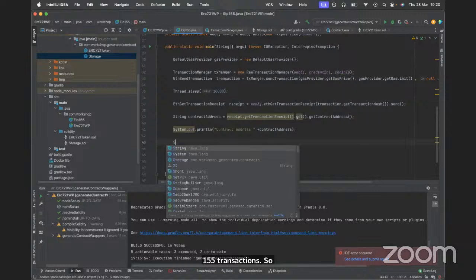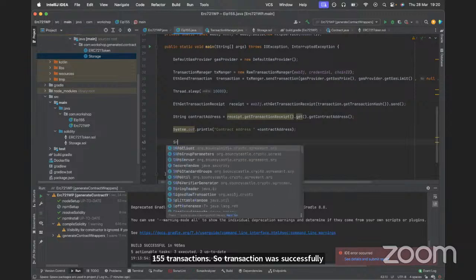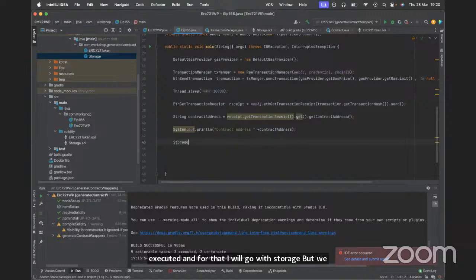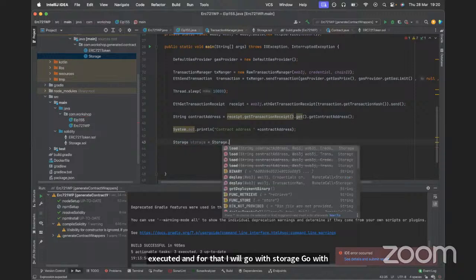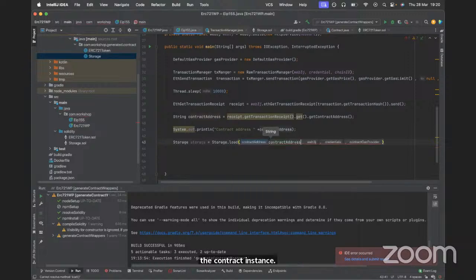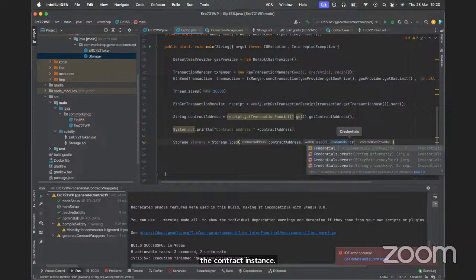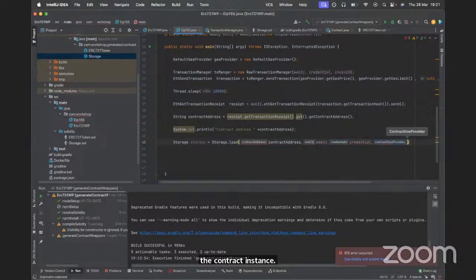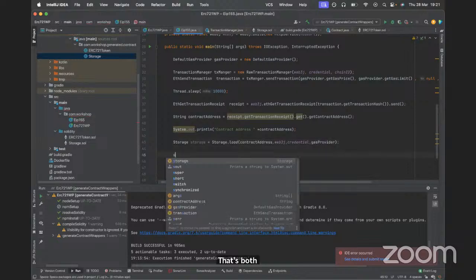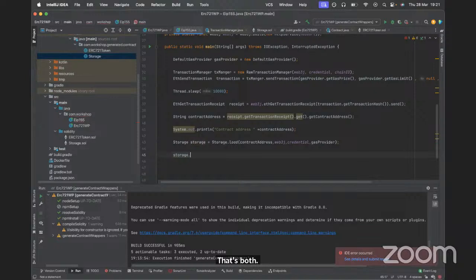And for that, I will go with storage, go with the contract instance, plus provider. And I will use a storage of